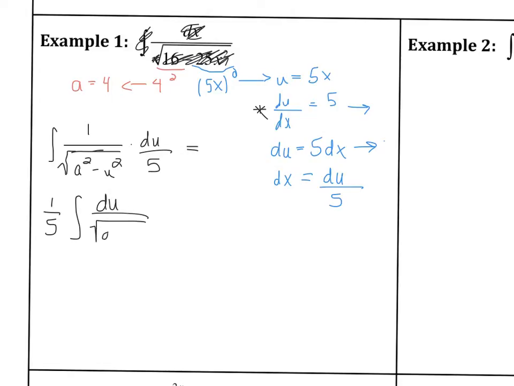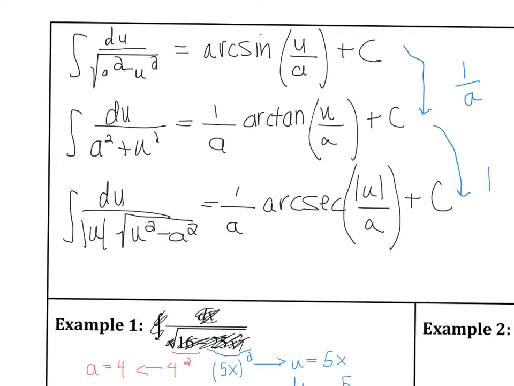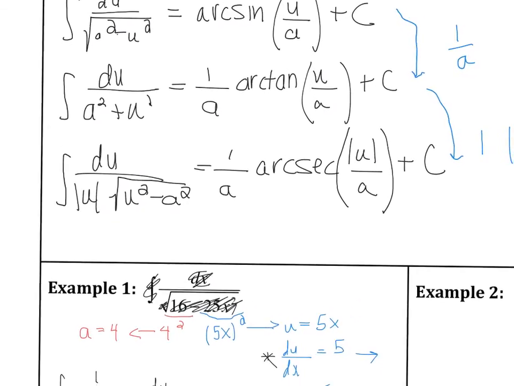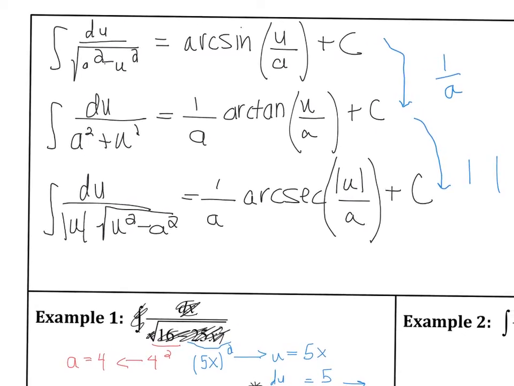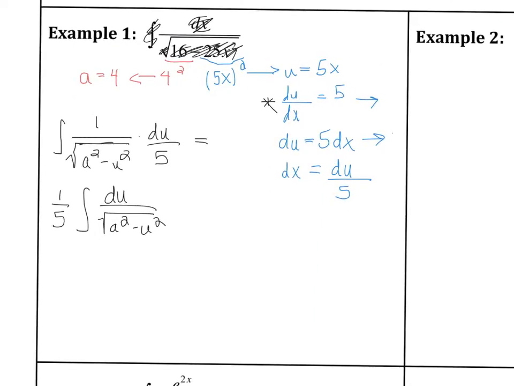And then we have this textbook arcsine integral, right? Look at the integral that we've written here. Look back up at arcsine. Again, it's not pretty up there. My handwriting on this is abysmal, but that's what it is. And so it's going to integrate to arcsine u over a plus c. So let's do that. This integrates to, again, 1/5